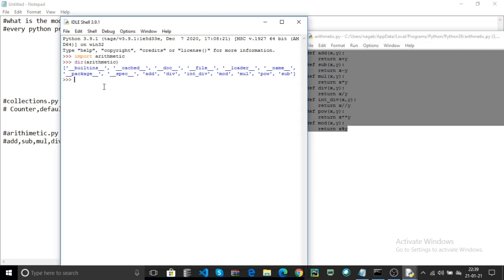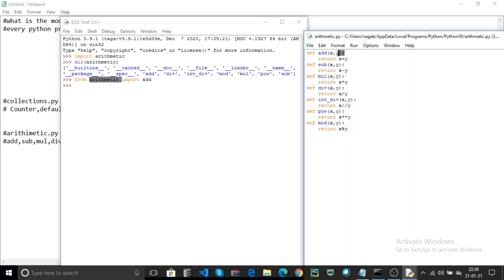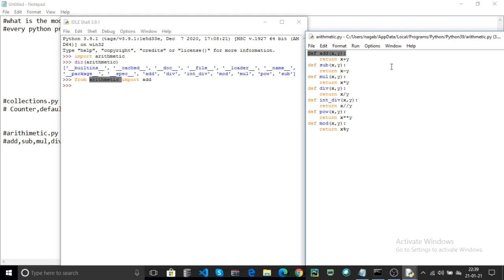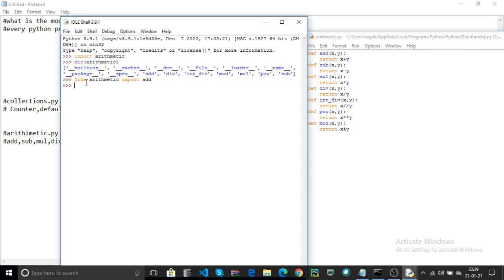Now, how to call it? You can use from arithmetic import, for example, add. This imports the add function in the arithmetic.py Python file. Now you can directly call add, and here it shows x, y.